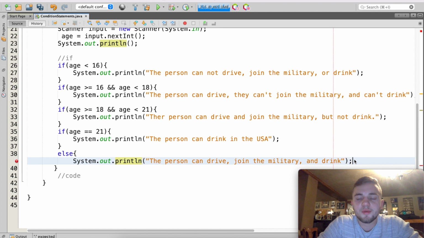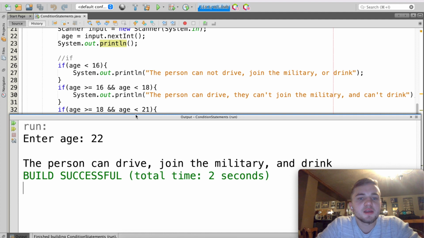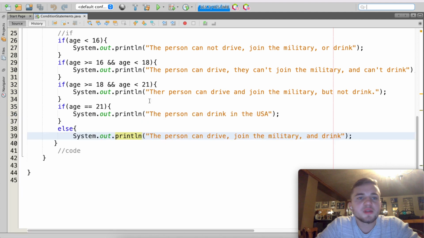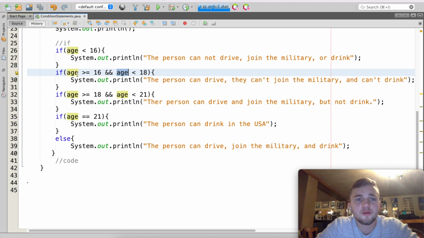And we got to put a semicolon there. And now let's run this again. And if we enter 22, it's going to say the person can drive, join the military, and drink. So since it was 22, 22 is not less than 16, so it's not going to do this one. 22 is not less than or equal to 16, and 22 isn't greater than or equal to 16,